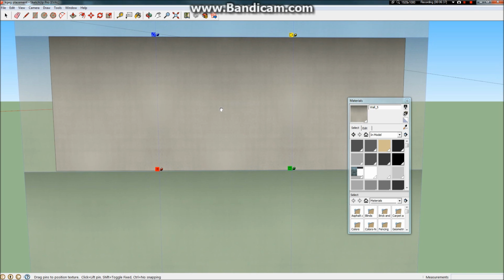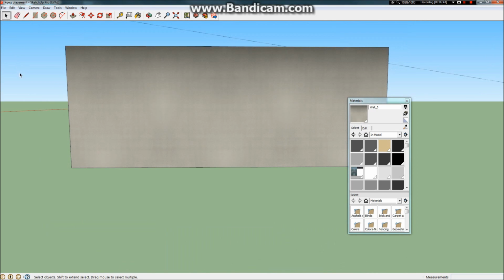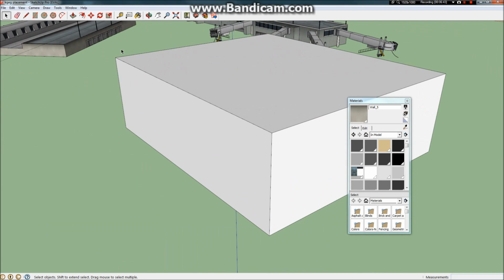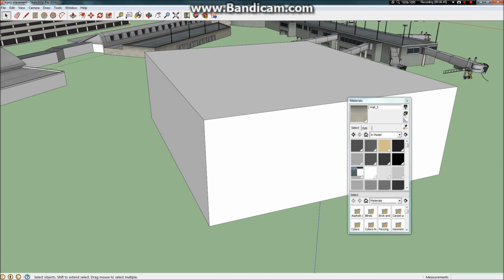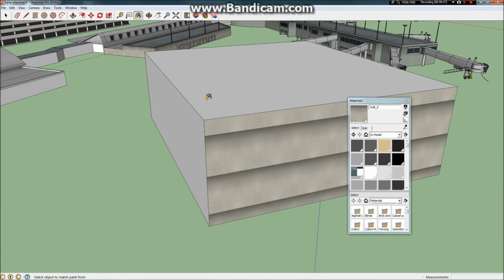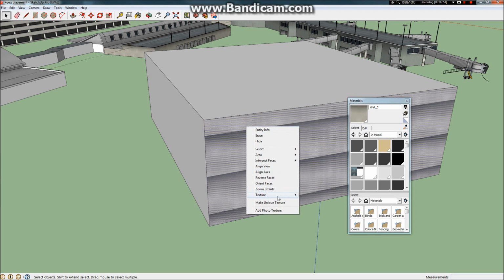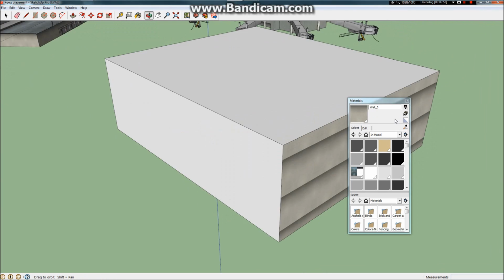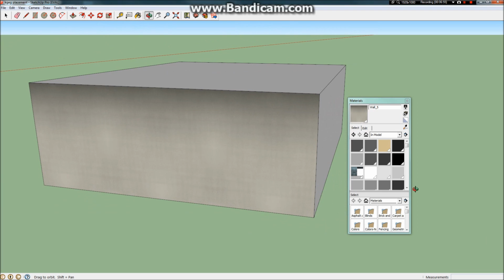Okay, so I have that pretty well mapped. Now if I was to go over to this side and just take the paint bucket, you'd see, well, now I have to map this face, and then you're like, geez, this is going to take me forever. But wait, there's a faster way. If we now take the sample paint tool, just select that face that we just mapped,